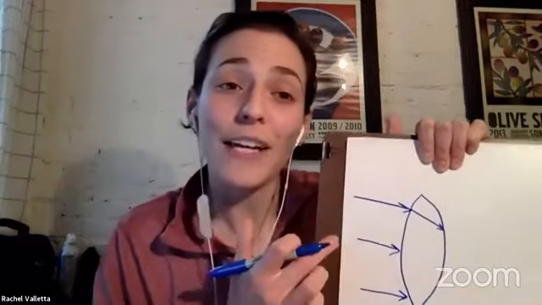So as light is traveling through the air, it's less dense, it turns out, in the air. As it hits the lens, that material is more dense than the air, and that light that's traveling through slows down and it begins to bend. And as it bends through a convex lens, it bends inwards. Okay, so light traveling towards my convex lens hits the edge, material becomes more dense, that light wave slows down